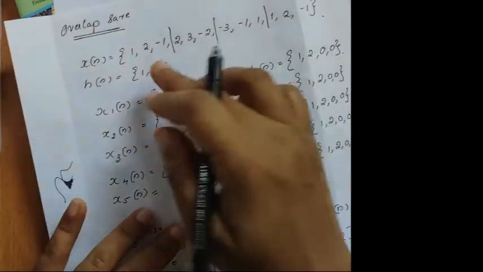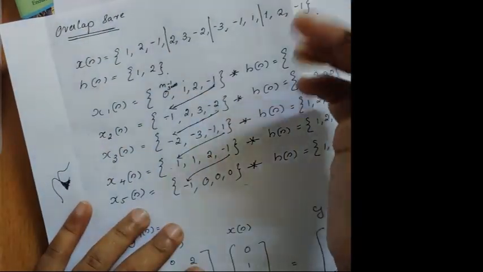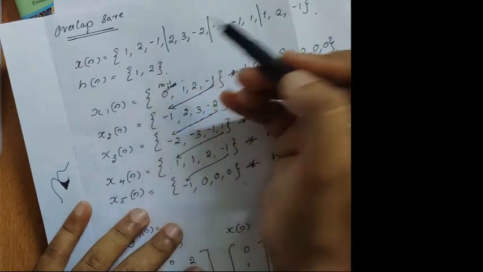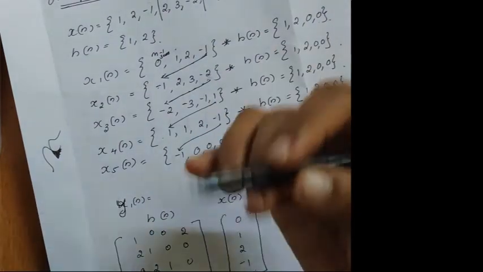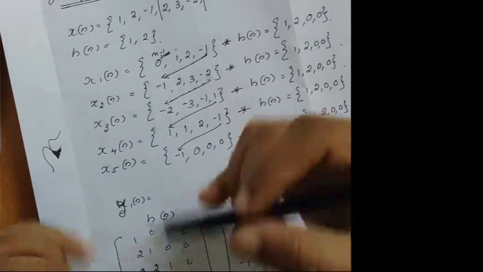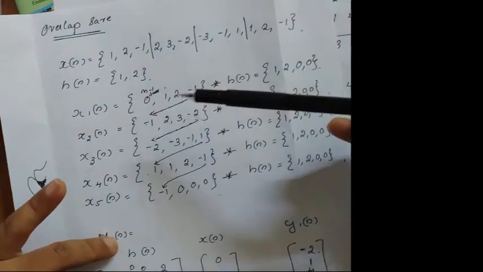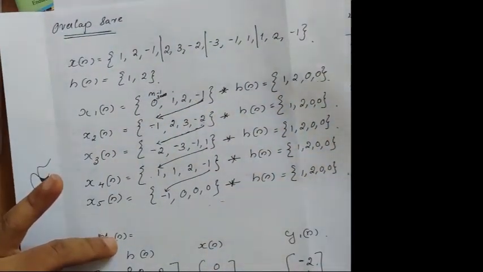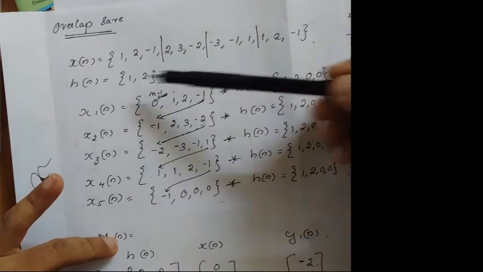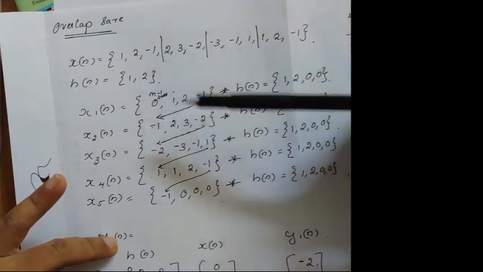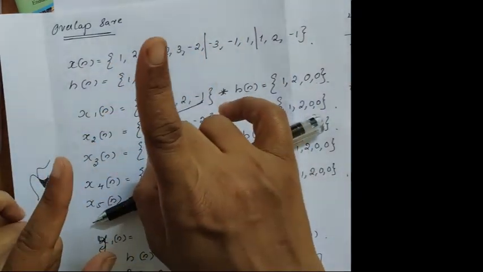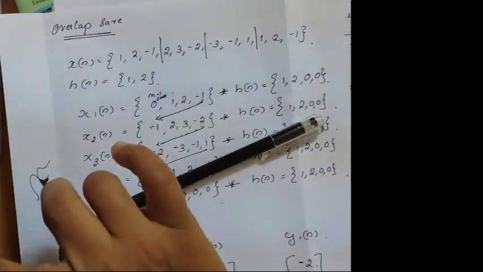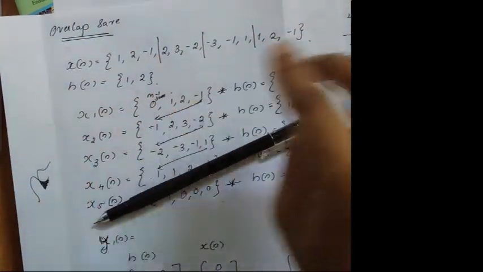Okay, I told you don't go over 4. You can divide the section either by 3 or 4. You can also divide it by 2, no problem, but that much matrix work you have to do. So a minimum you can divide it into 3. All the data can be divided into equal sections, and you have to append m-1 zeros. In the add method, m-1 zeros should be appended at the end of the section.